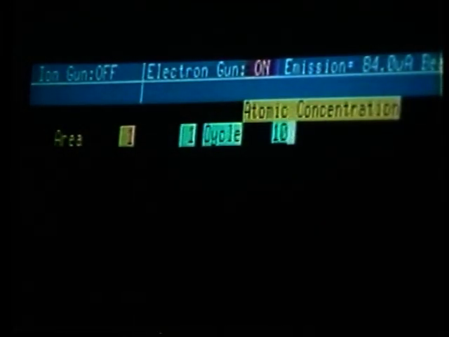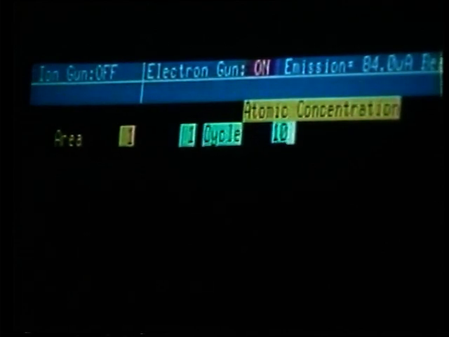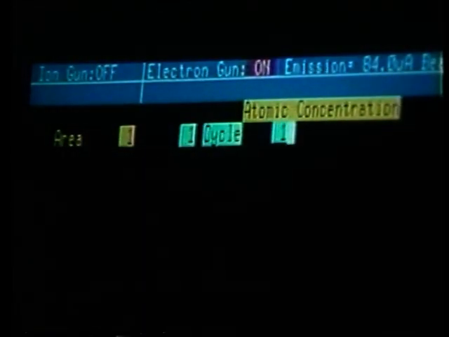When we first enter the atomic concentration menu, we can choose which area. Once again, we only have one area, so in this case we have no choice. But we can also choose which cycle we want to calculate the atomic concentration. Let's start with cycle number 1. Now that we have chosen that cycle number, we can select the regions by using soft key number 4, which